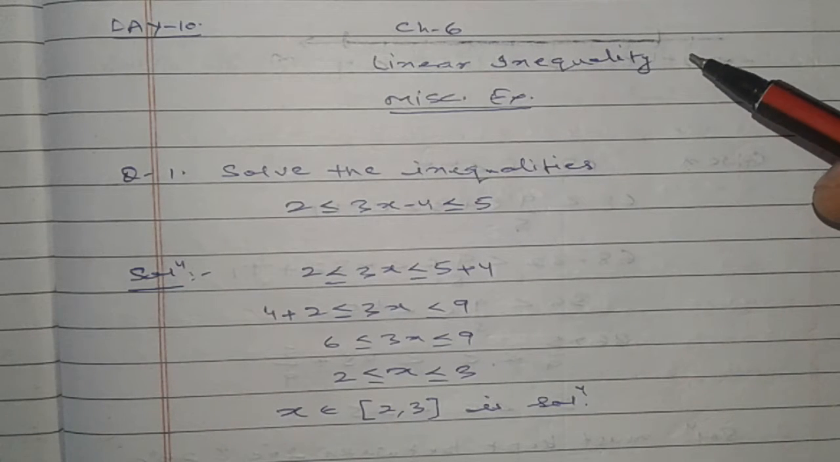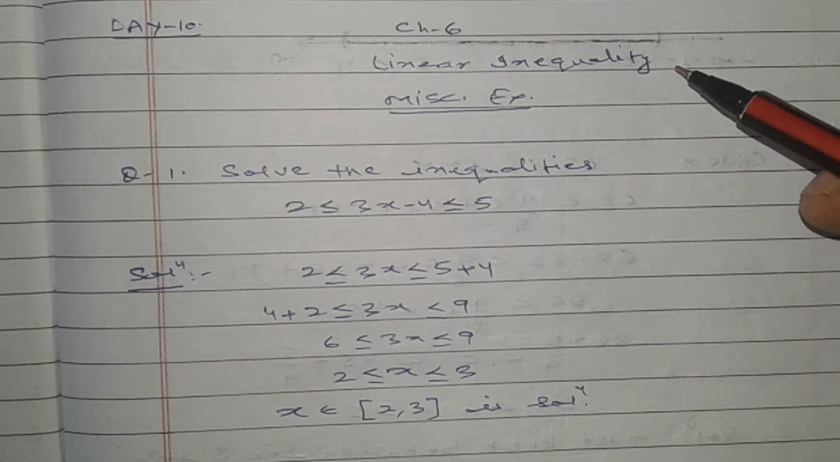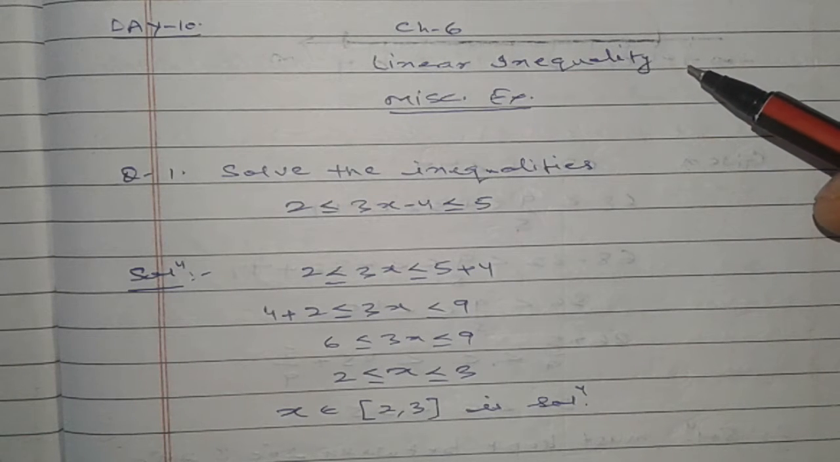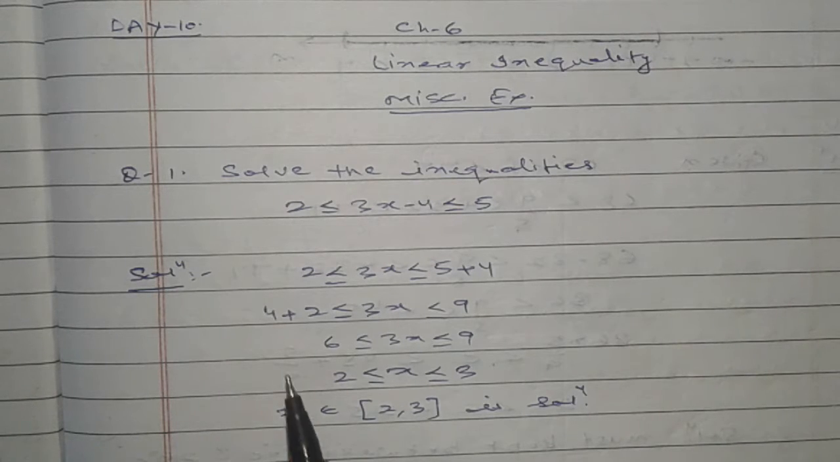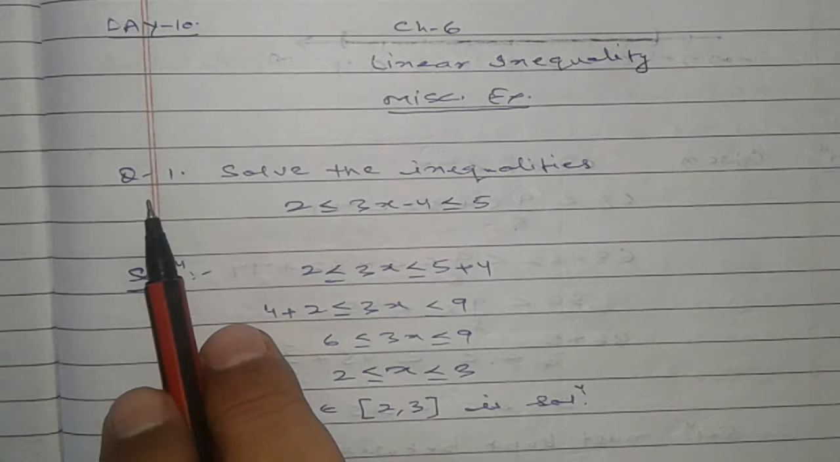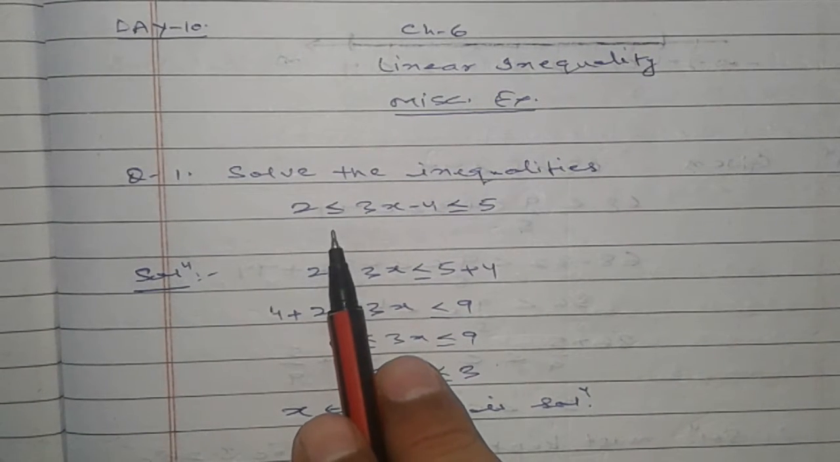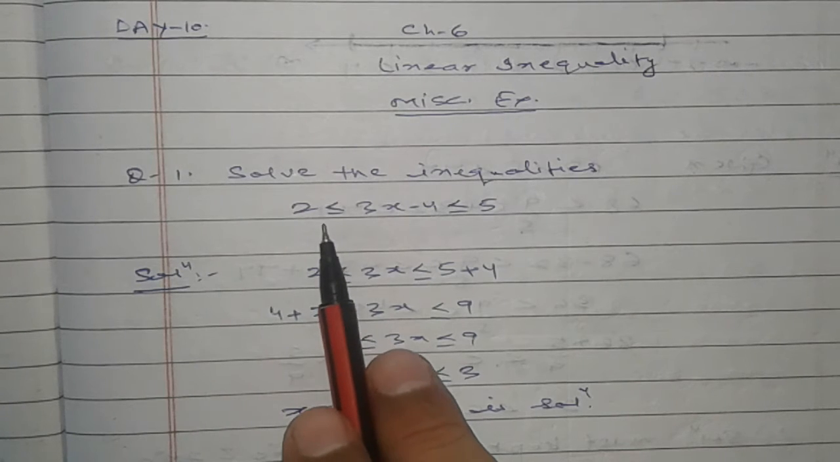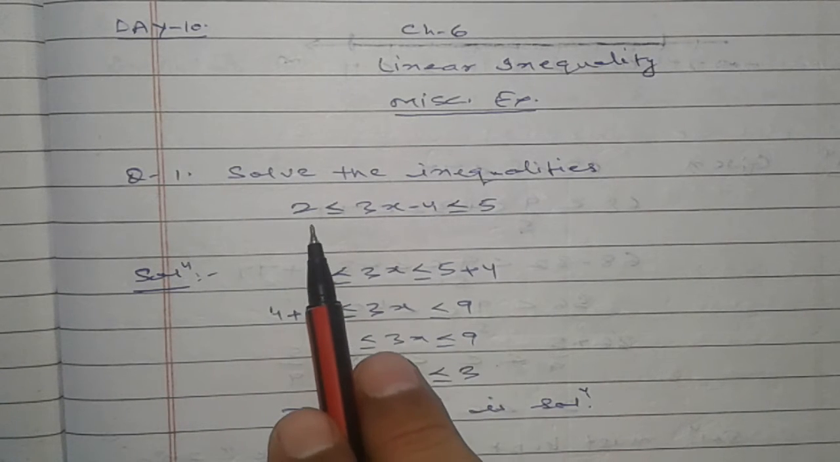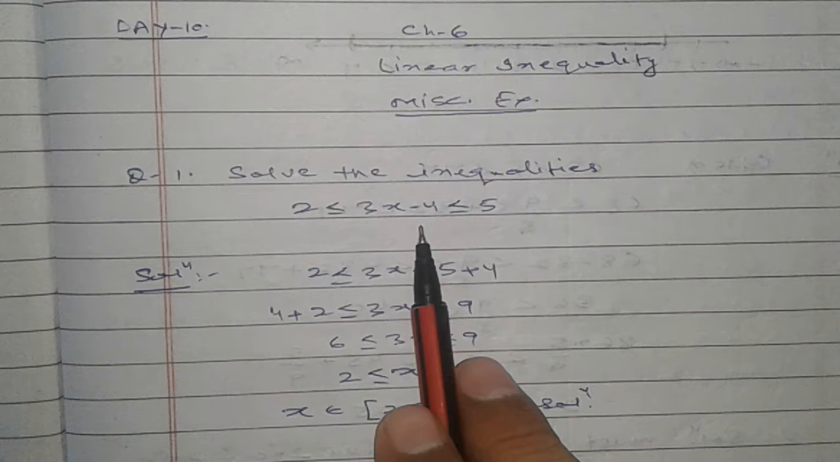Today we will do the miscellaneous exercise of chapter linear inequality. As you know, the chapter is quite simple, so let us start with some questions. First is solve the inequality. In this inequality, you are given two inequalities in one relation: 2 less than equal to 3x minus 4 less